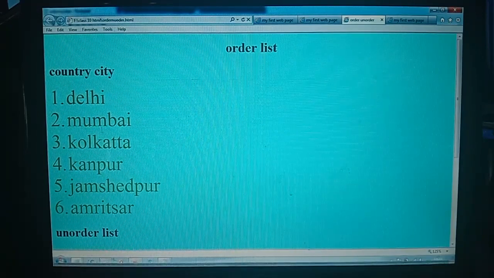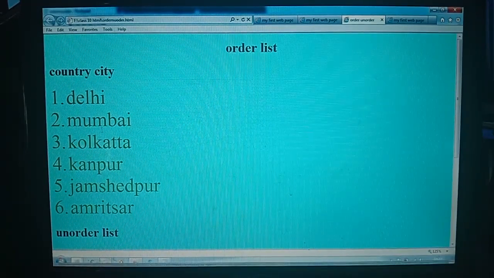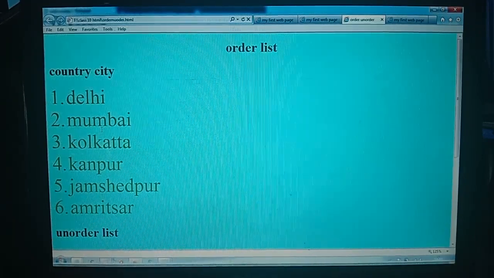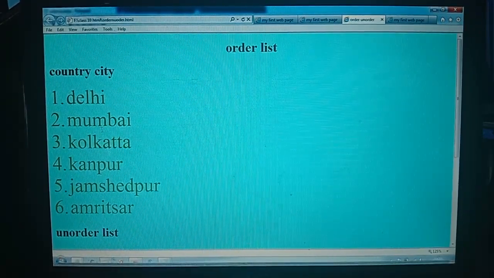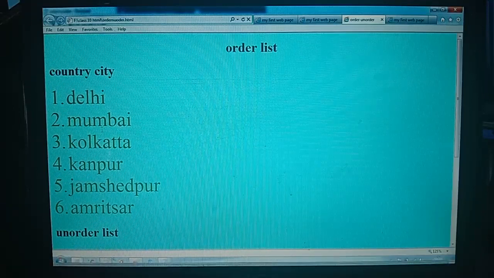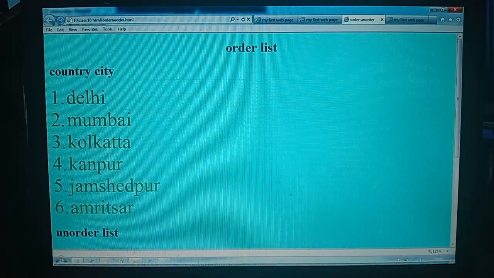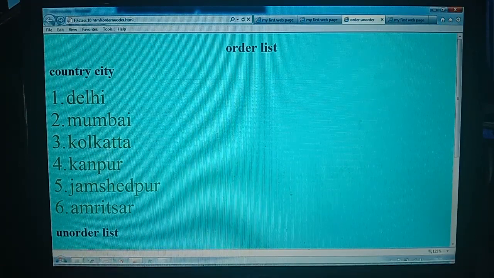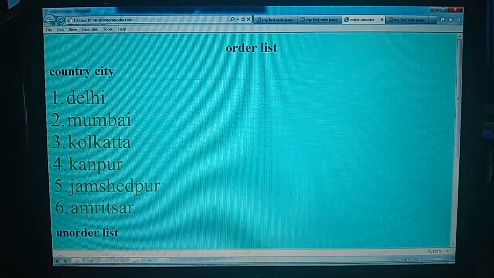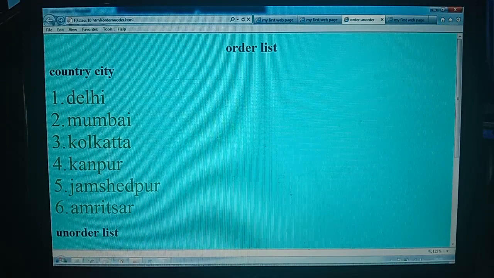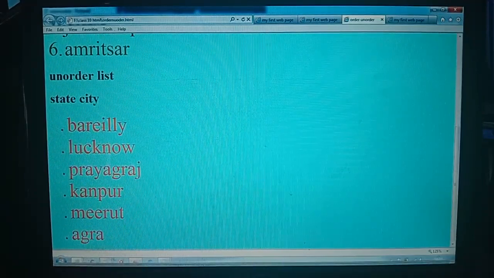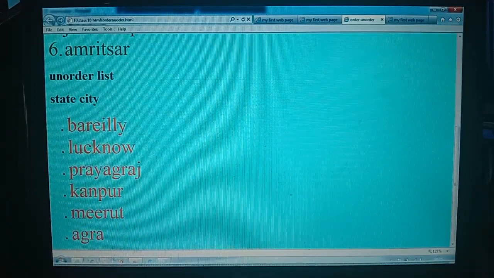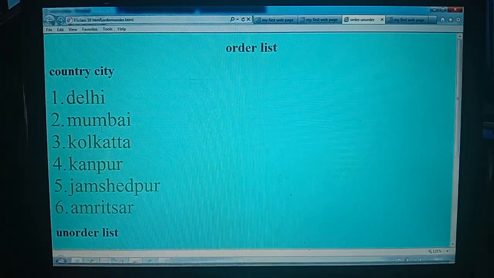Ordered lists are categorized into five types. What are the five types? First, the default numbers 1, 2, 3, 4, 5. Second, alphabets, which are of two types: capital letters and small letters. And the fifth one is Roman numerals. So these five different methods we can use to create an ordered list. And an unordered list we can create in three ways: disk, square and circle. I'll give you an example.